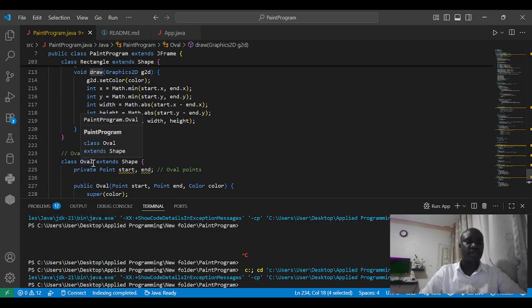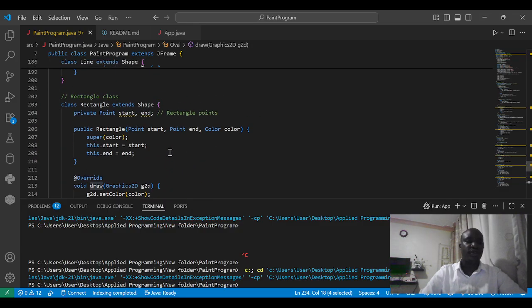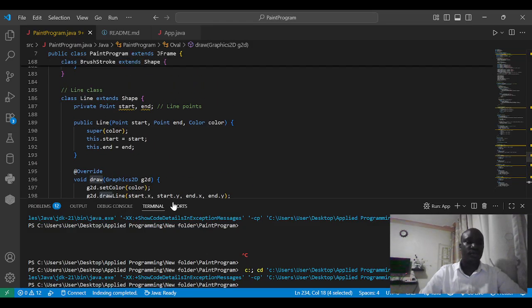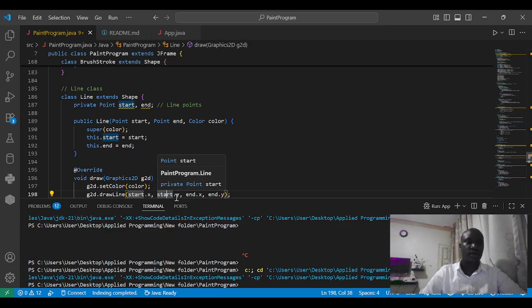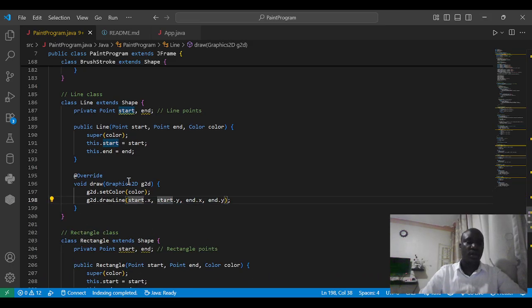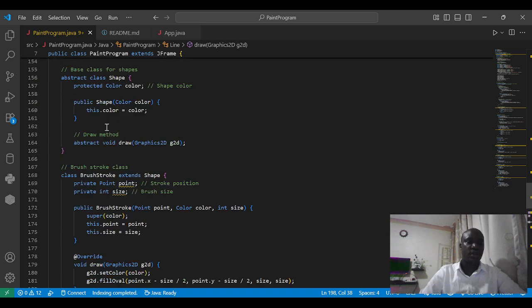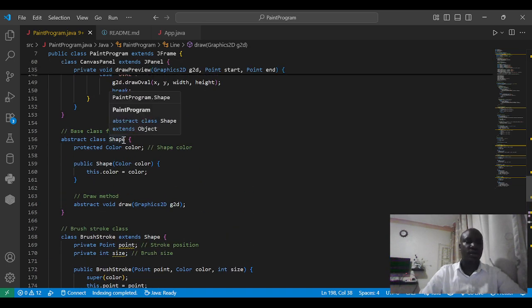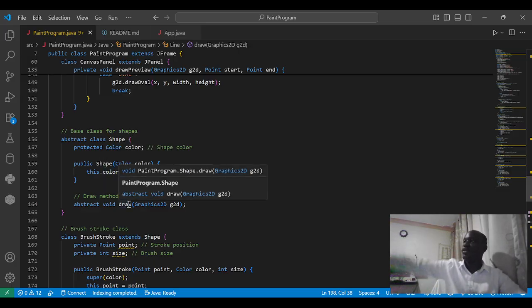We have different shapes like oval, rectangle, line, and brush stroke, and then shape. As you can see, we have the draw method in the shape.